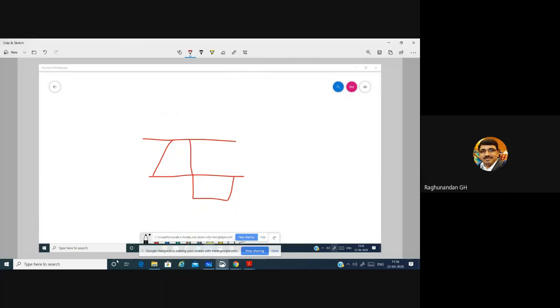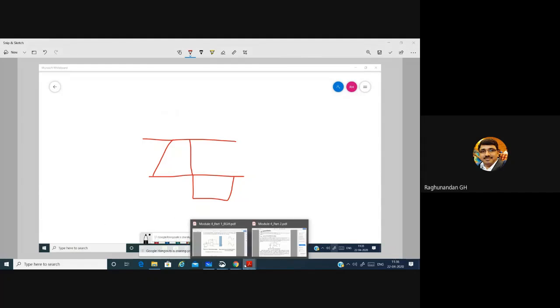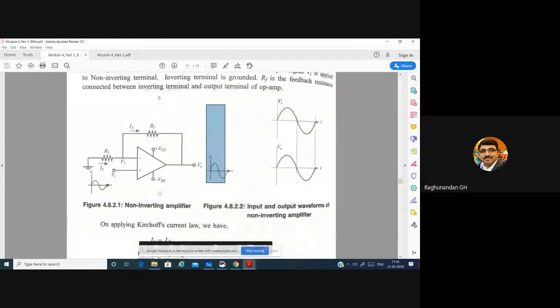it looks like a square wave, right? It looks like a square wave because the gain is also increasing, and also this plus VCC and minus VEE are controlling the output. If you are going to increase beyond this plus VCC and minus VEE, it automatically clips the upper parts. When you have a large signal, it will automatically have large clipping. So it looks like a square wave instead of a sine wave. This is the answer. Okay.